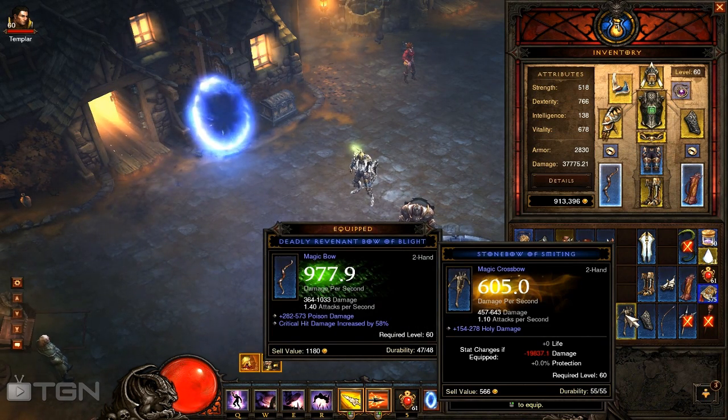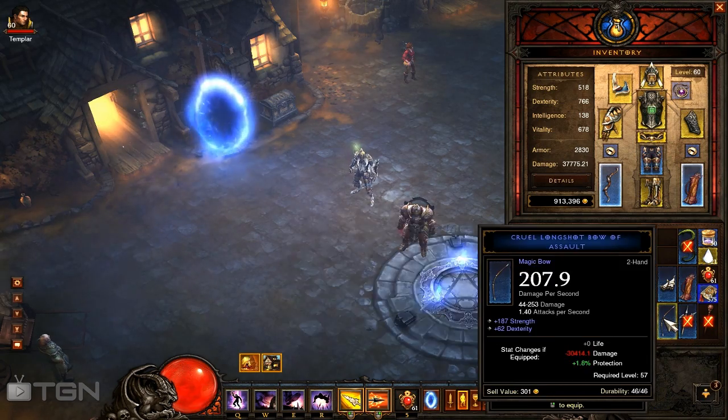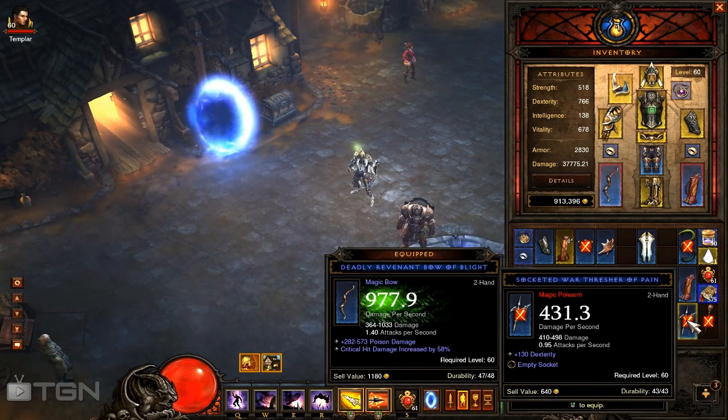hopefully. No, 605. I'm saving up gold now. I've been spending a lot of gold on stuff to get an upgrade for my bow, so maybe I'll get lucky and find a really nice one. Mine's pretty good. I do a lot of damage, but I know there's definitely a lot better out